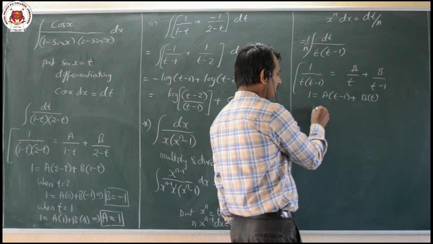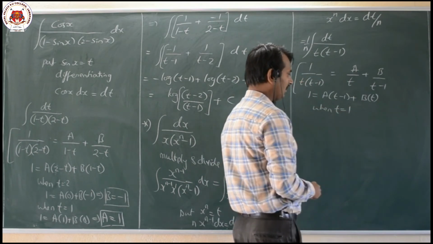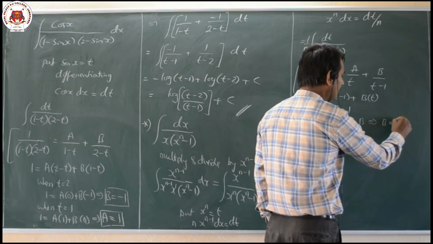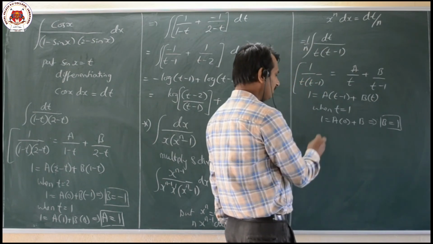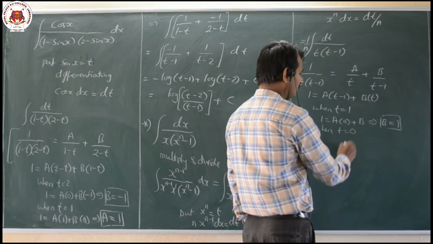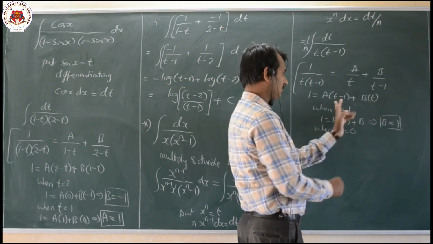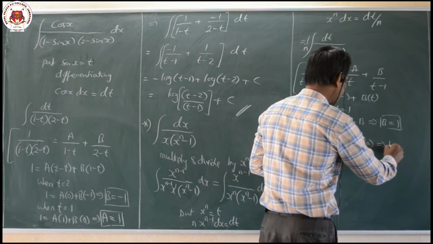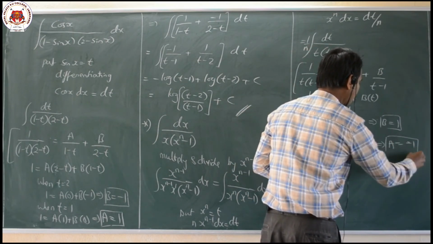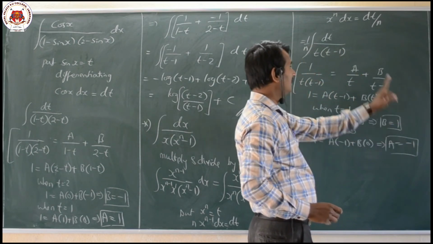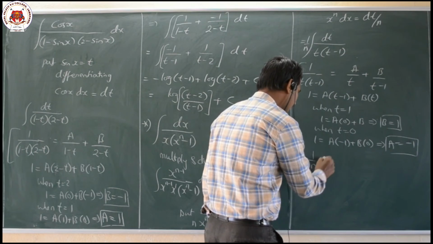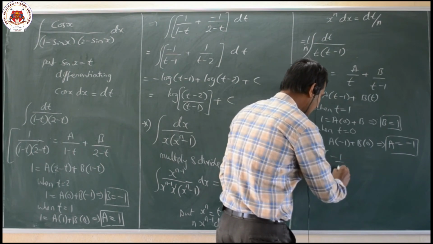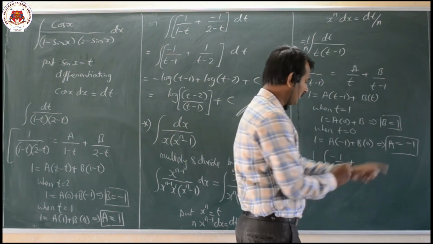Now here when t equal to 1, 1 equal to a into 0 plus b, that implies b equal to 1. In the same way when t equal to 0, if I put t equal to 0, b into 0 is 0, here what we get, 1 equals a into minus 1 plus b into 0, that implies a equal to minus 1. Now you put a equal to minus 1 in above equation, that implies 1 divided by n integration of this term is what, a by t, that is minus 1 by t plus b means 1 by t minus 1